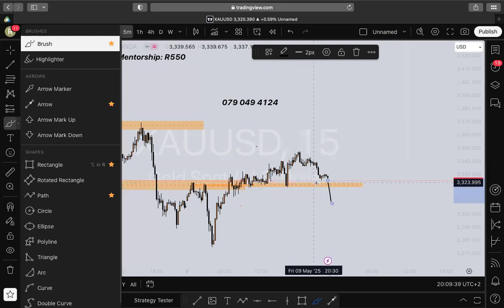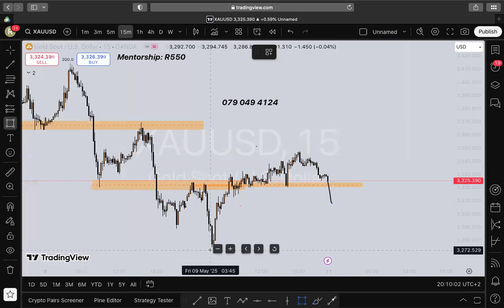So after we look here, this level will turn into resistance. Coming back to the resistance inside the very beautiful fair value gap, then we sell. This is what I'm talking about. And when we sell, where do we aim? We spoke about aiming. There's a fair value gap there.